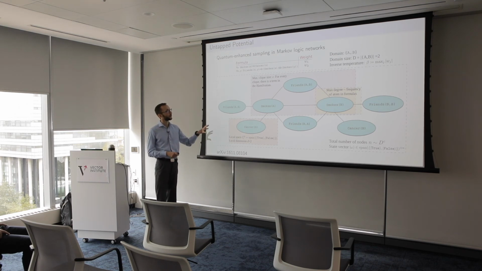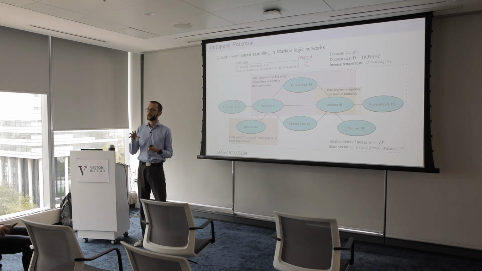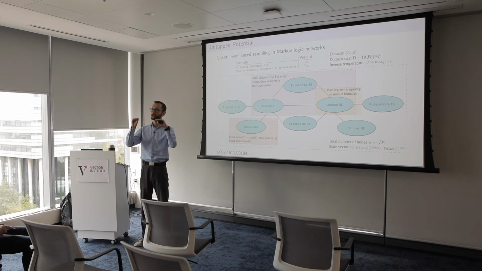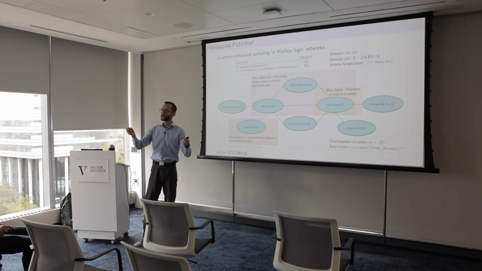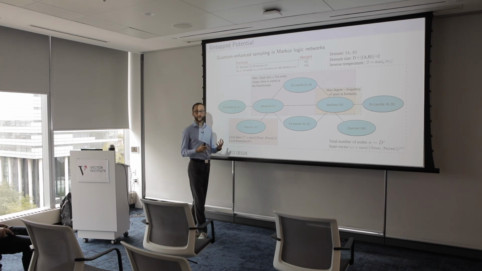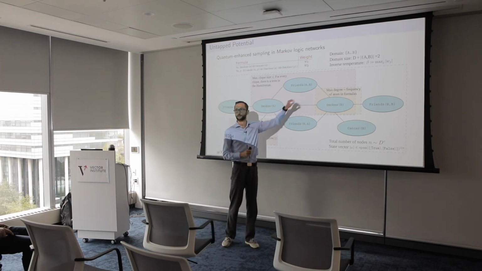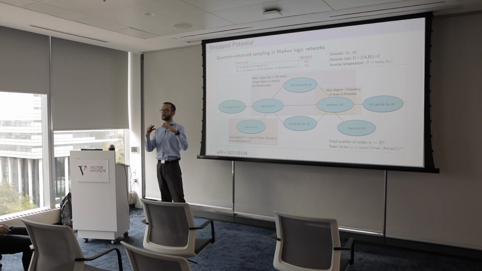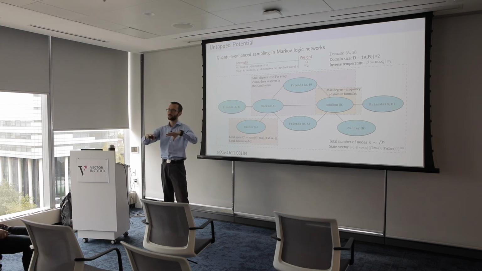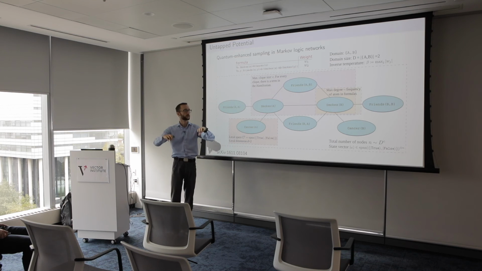So this is, again, one of my own works. I was looking at Markov logic networks. And if you're not familiar with them, what you do is you have this good old-fashioned AI way of thinking, that you have first-order logic formulas, and then you use these formulas to generate Markov networks. And the good thing about it is that it generates a Markov network that has a sparse structure. So there's a limited connectivity in this Markov network. And if you follow along, our quantum devices have a limited connectivity anyway, so it's very important that whatever you train just naturally fits the underlying structure of the quantum chip.